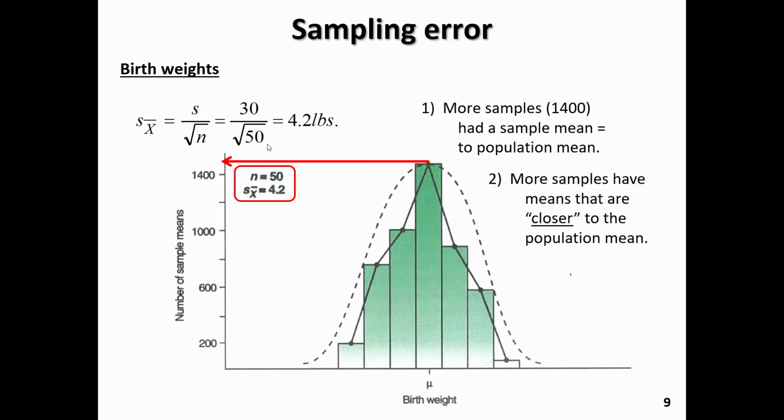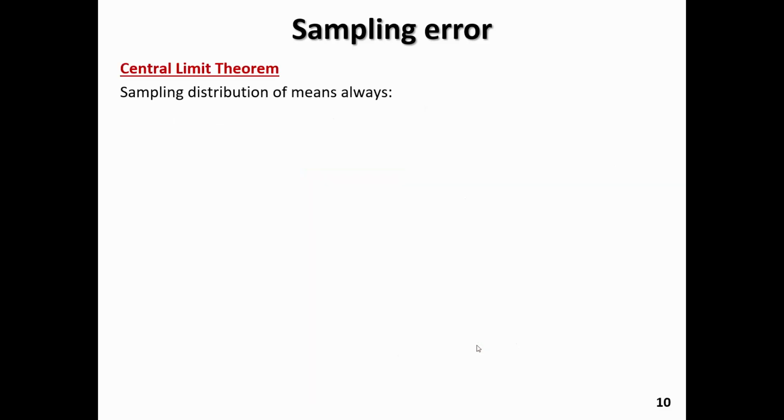By taking a larger sample size, it reduces the variability. More of the samples of 50 babies that we're taking each had a mean that was closer to the population mean. Although we don't have the actual data for the population, we make this statement